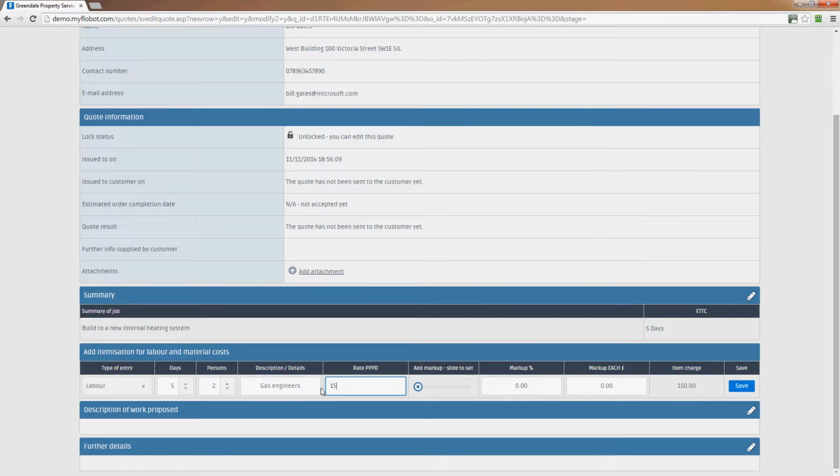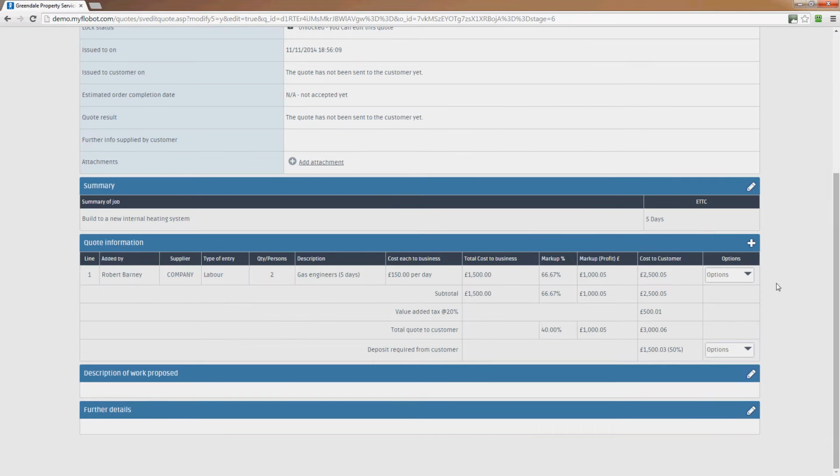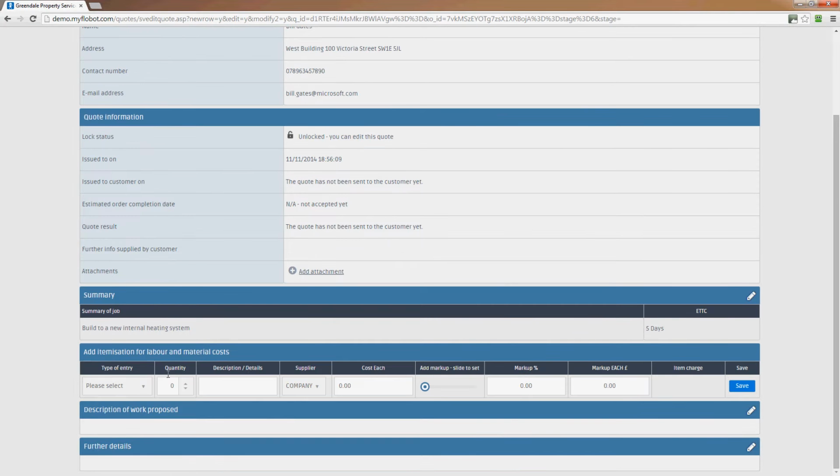So we're going to say that these guys are going to cost us £150 per person per day. We can add the markup on the slider. We can mark up by percentage, or we can say, look, we need to make £100 on each of these guys per day. We're going to press save on that. Again, we're going to press X on the green thing to tell us it's successful, and we can see that it's now built a line into our quote. Labour, 2 persons, £2,500,